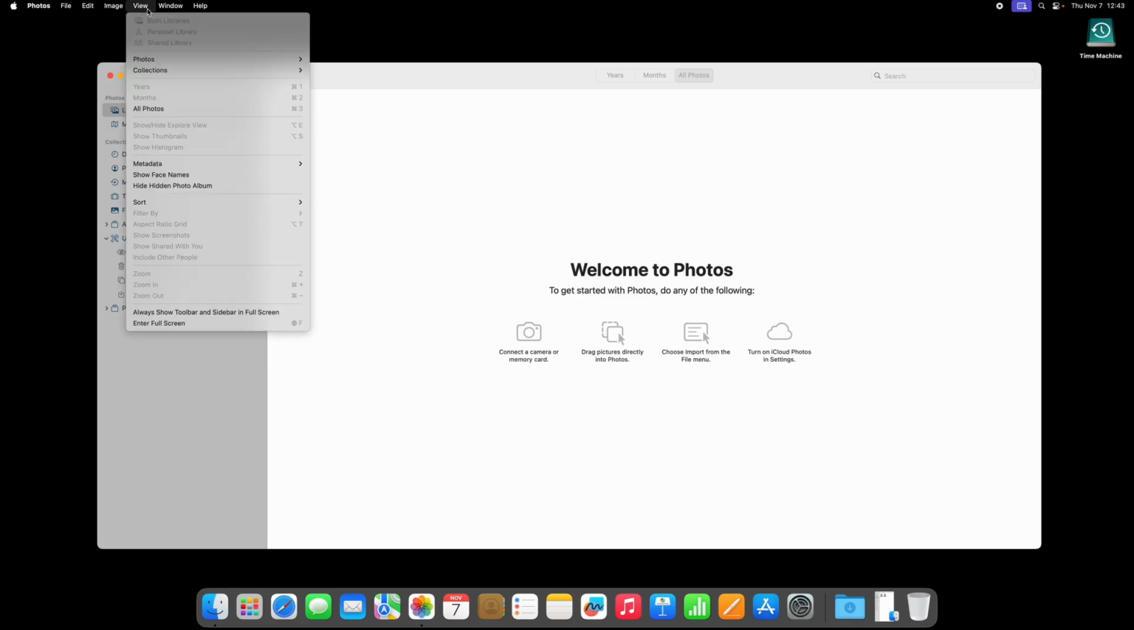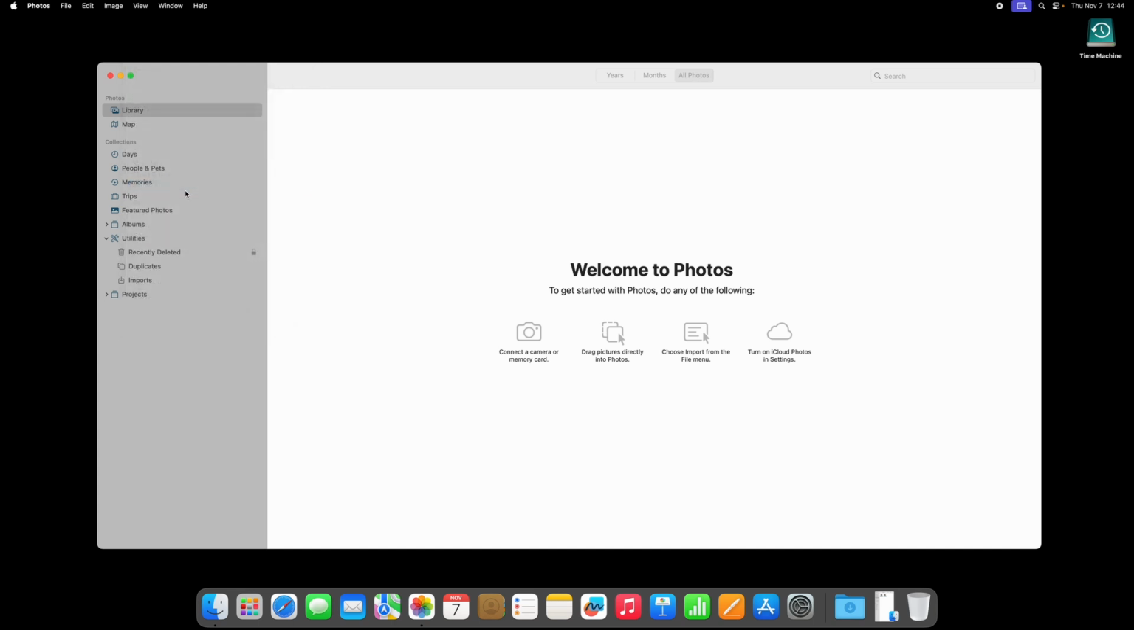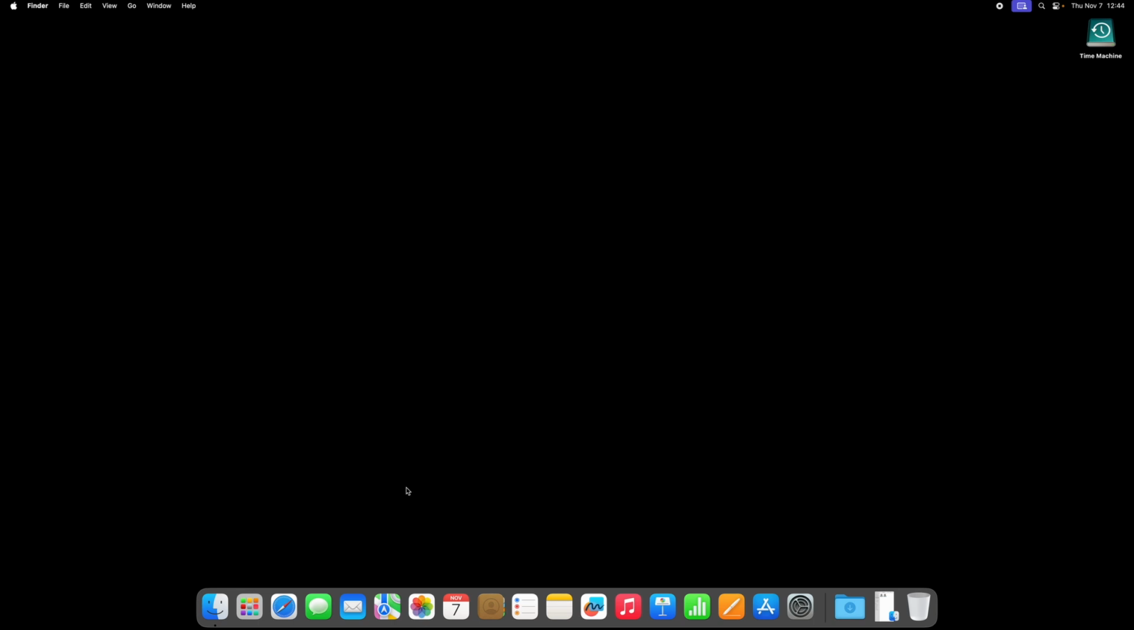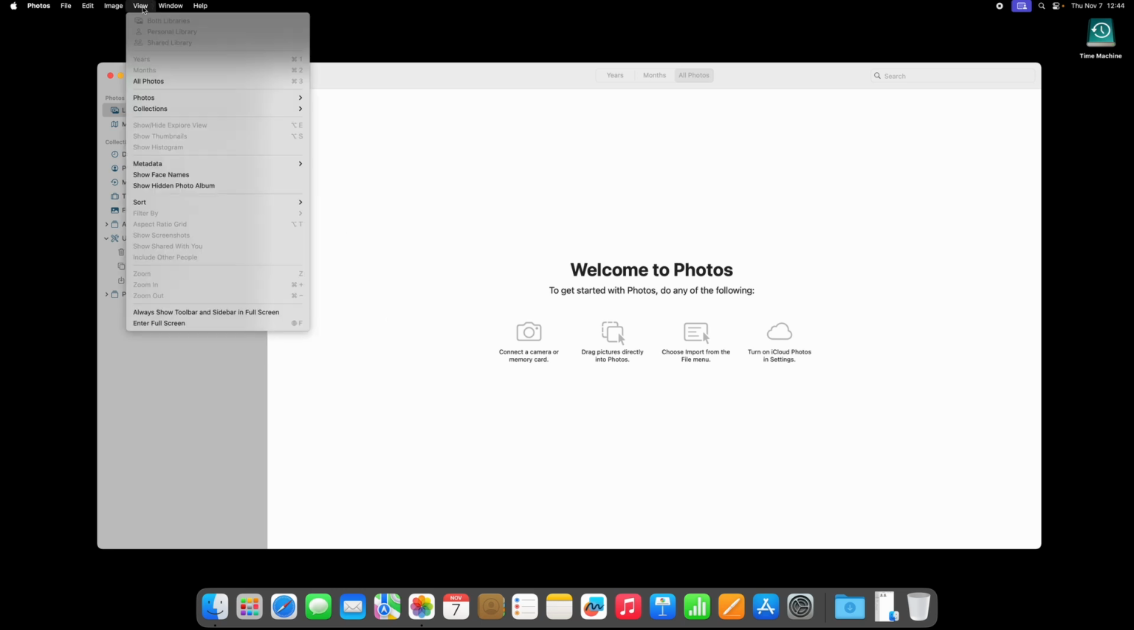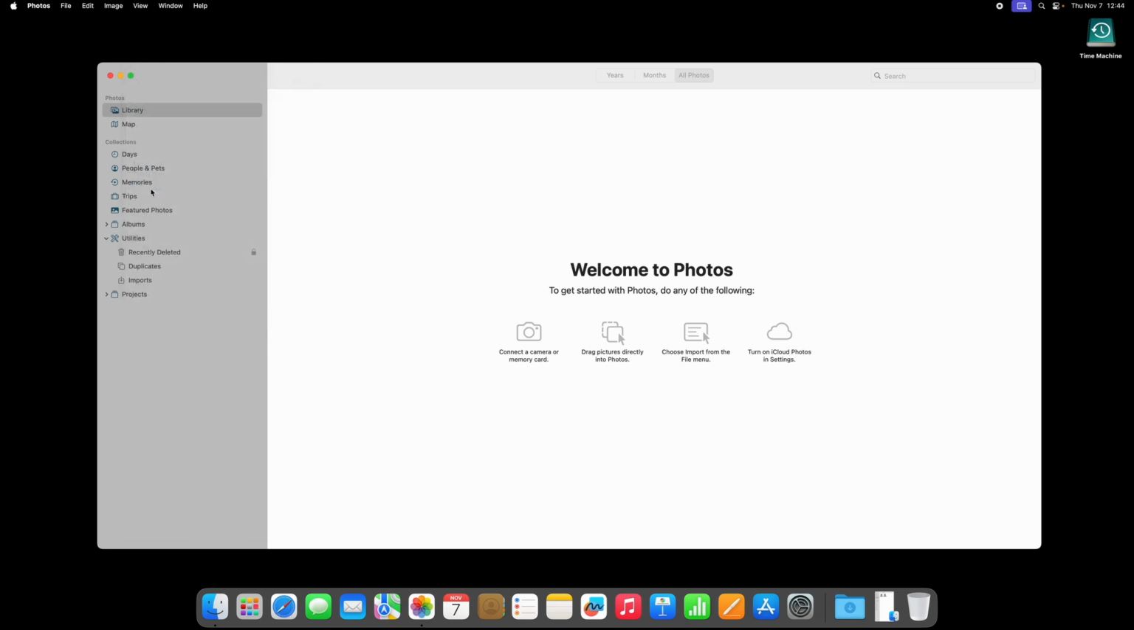Let me hide the hidden album again and restart Photos. Now imagine you open Photos and nothing is visible. You would think that there are no images here at first sight. But when you now show the hidden album again and then unlock it,